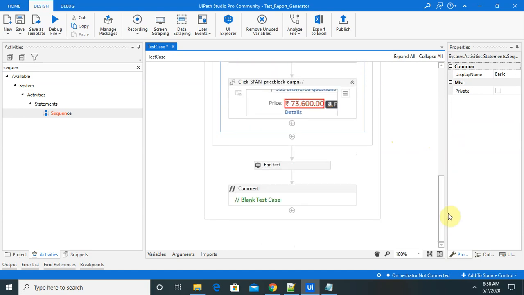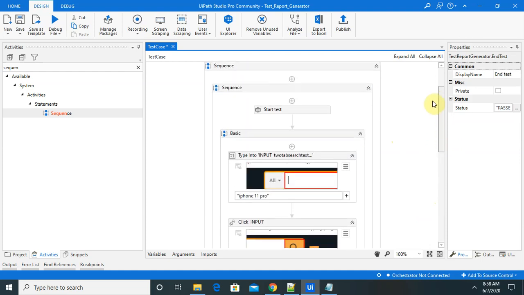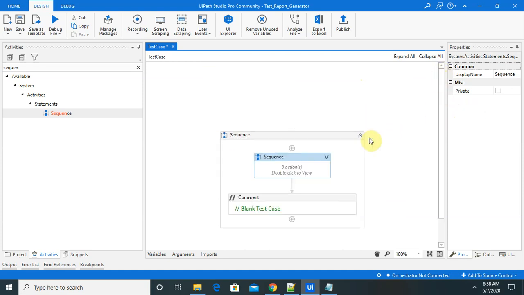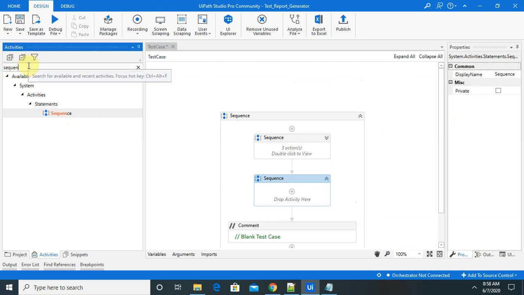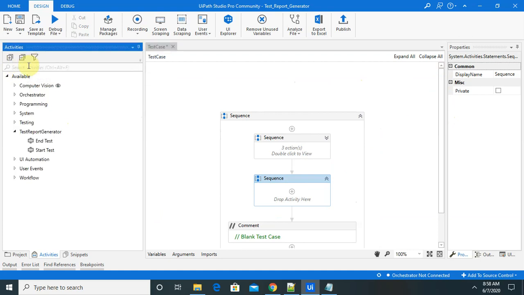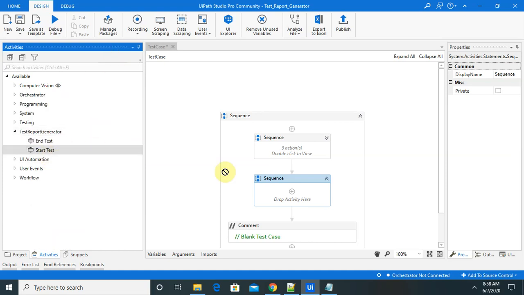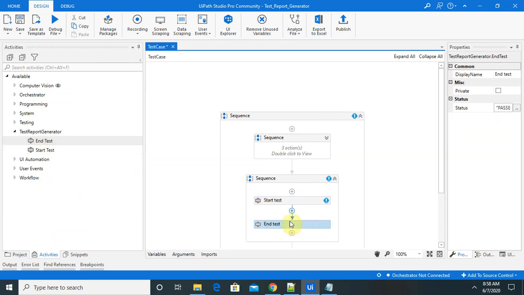I am going to add it here, and end test I am going to add here. Let me close this sequence. Next sequence I will add here for another test case. So start test, again I am going to use, and end test is definitely.